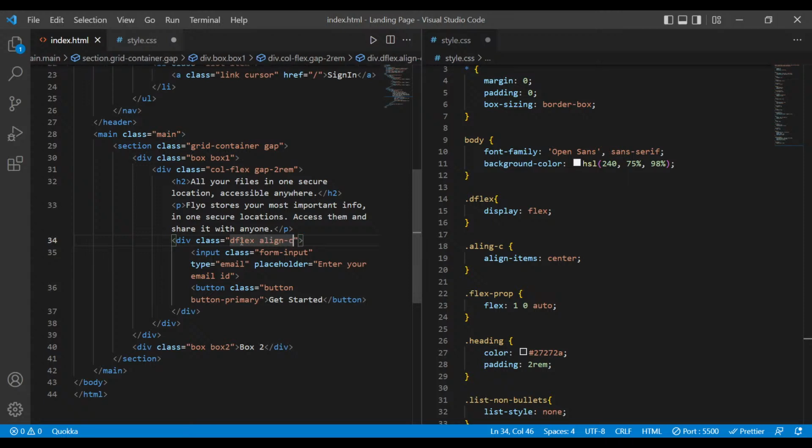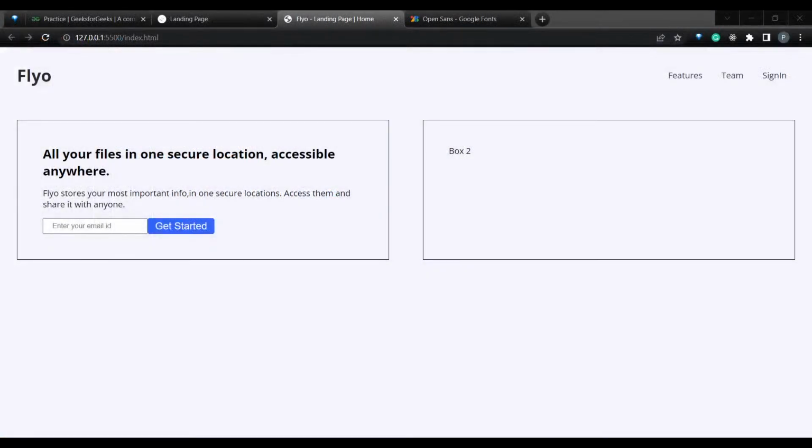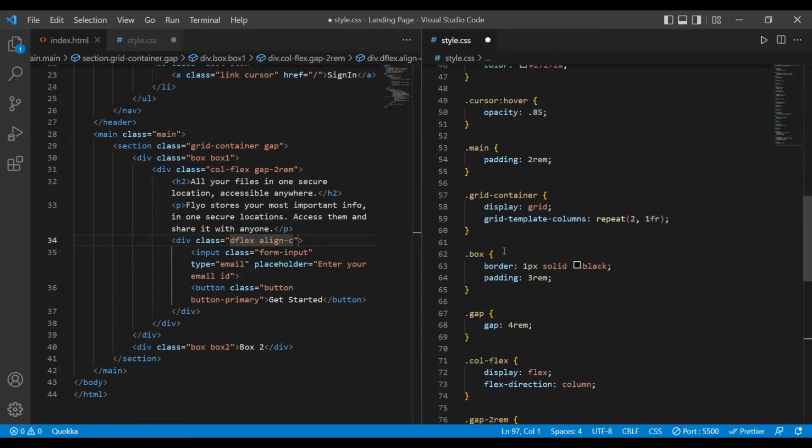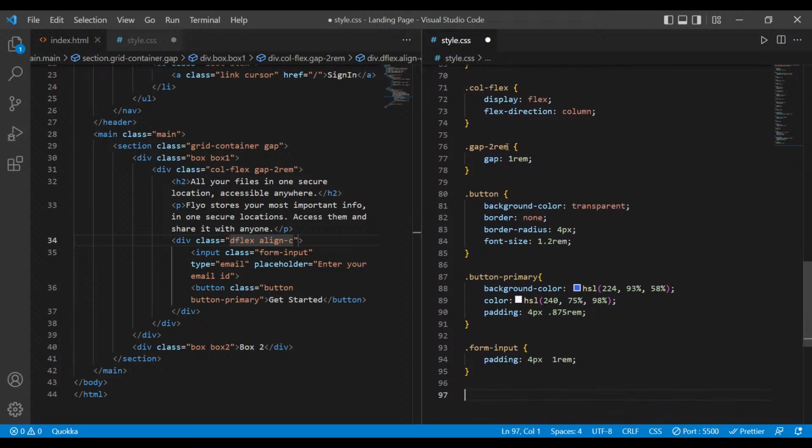See, the work reduces, right? Drastically it reduces. So if I go back and see, now it's basically the same size, align center also. What I have to do is just add a gap between them. I have a gap also, so I just have to add it with them. So I'll go back to the code, and I have a gap of 4 rem and a gap of 2 rem also. So I'll take a gap of 2 rem. I have this gap-2rem, so I just over here have to write